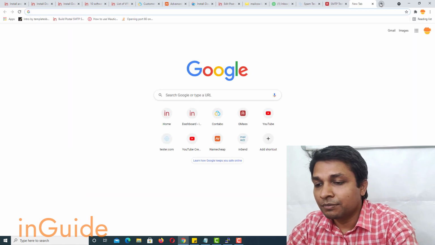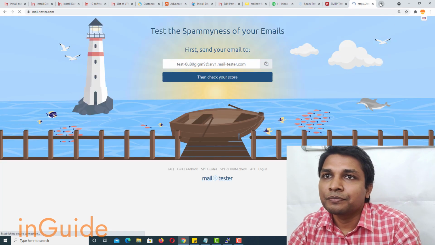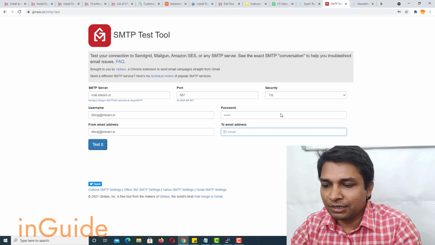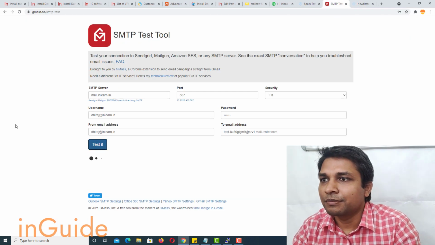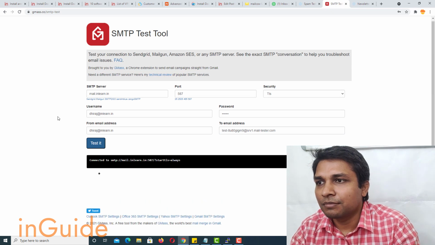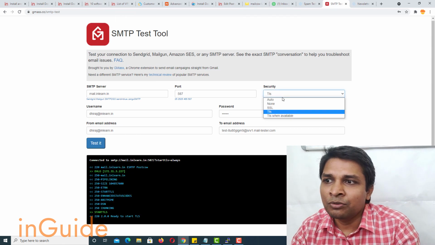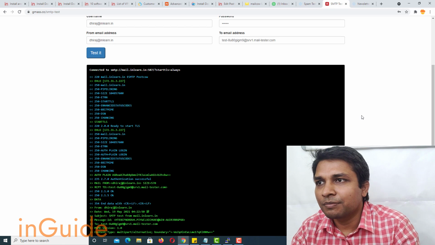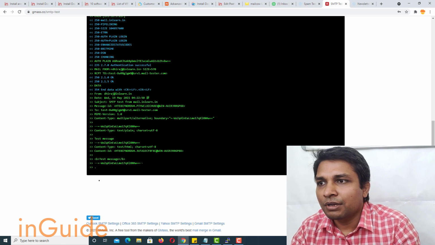So let's open another tab of mail tester and test it. Let's see if security TLS wouldn't work, then okay, it's working.